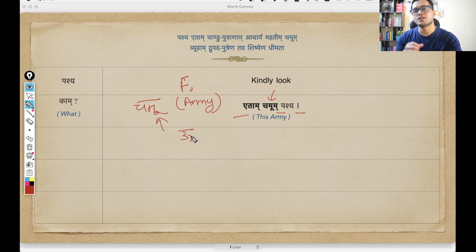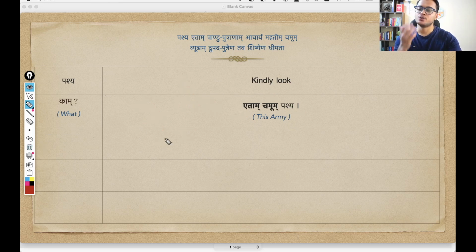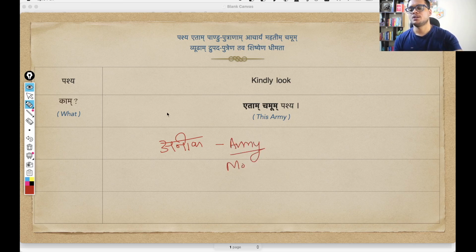Whenever you are encountering a dirgha matra, a long form of vowel, in most cases that word is a feminine gender word. It is not 100% correct logic, but it works in most cases. So anyways, this chamu means army, and it is a feminine gender word. If you remember from the last video, in the last shloka itself, we had another word for army. We had anik. Drishtva tu pandava nikam. So the army of Pandavas, anik. This also meant army, and this was a masculine gender word.